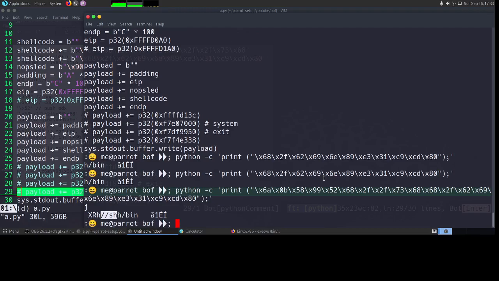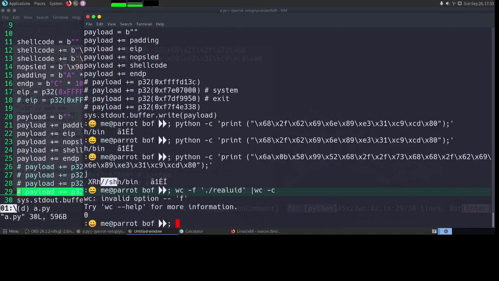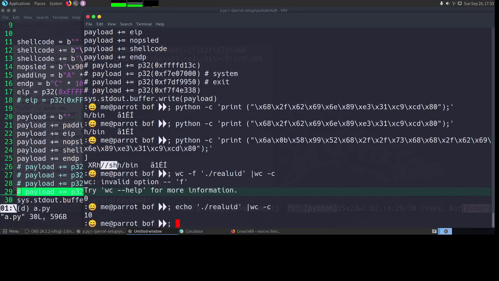Now we can basically modify it in such a way that we can try to run our real UID. So if you see wc -c dot slash real UID, if we give equal, okay, this is 10 characters and we want only 8, right?